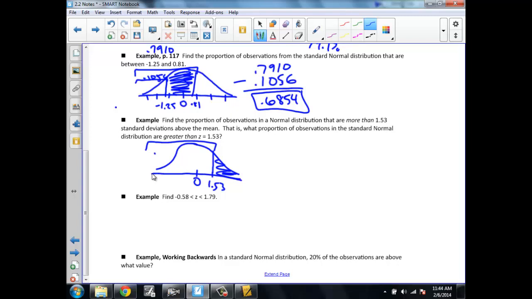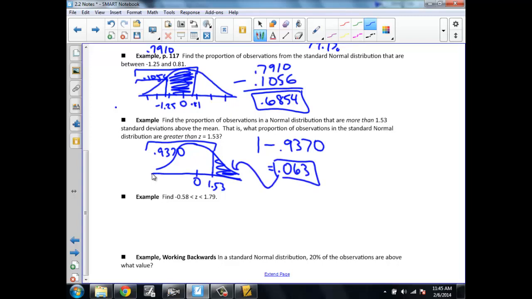0.9370? The curve is always out of 100%, or that's equivalent to 1. So what do we subtract? Yeah. So 0.9370 is to the left, so what's to the right? Take 1 minus that, and that's going to tell me what this is. 0.063